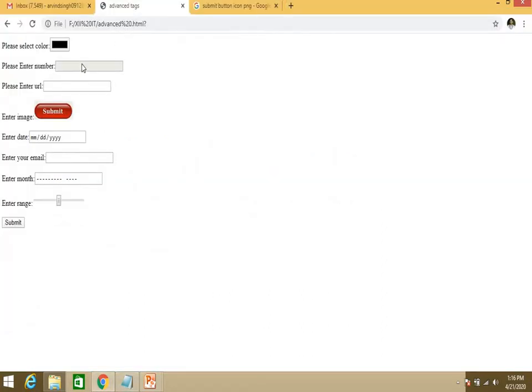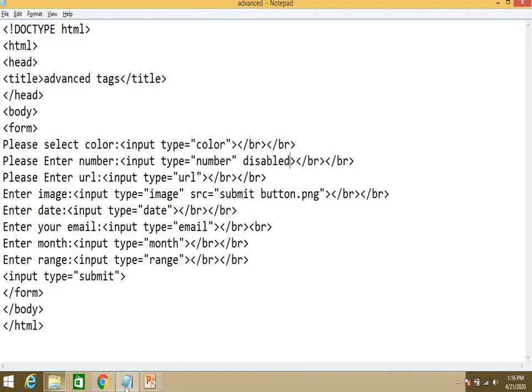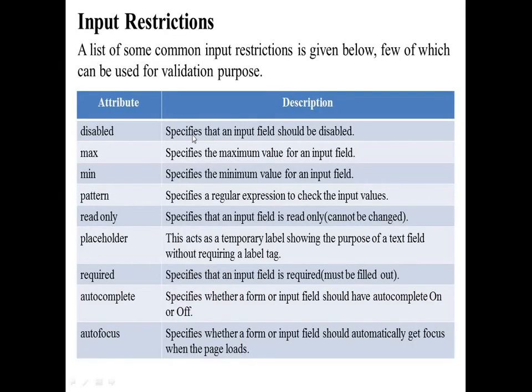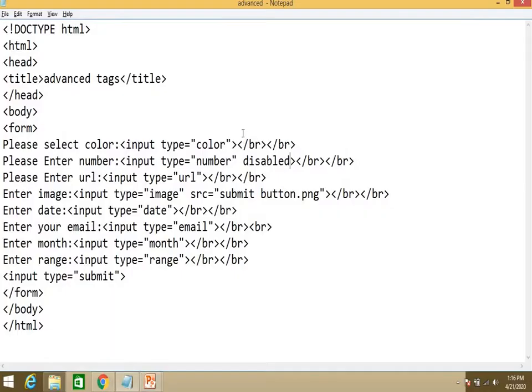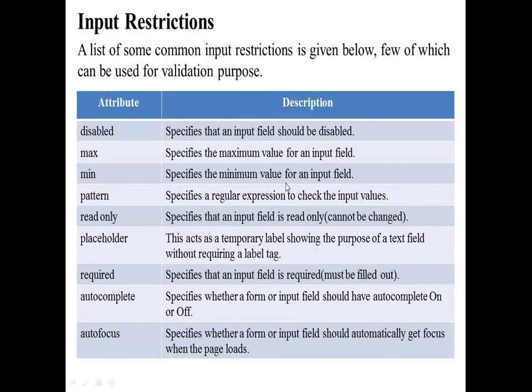You will not be able to enter anything in it. So what disabled does is specify that an input field should be disabled. You will not be able to enter anything into that field if you have made it disabled. Got it?